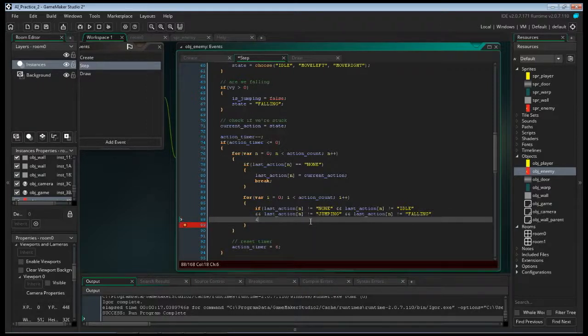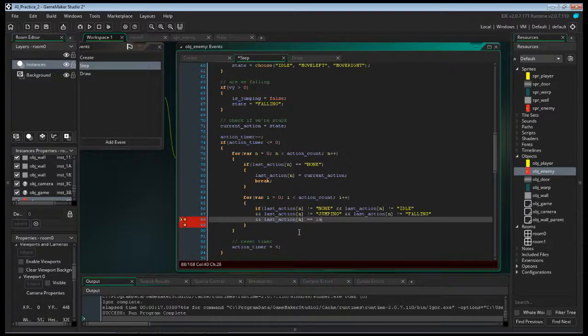All right, enter. I'll do another and. So if we're not doing nothing, if we're not idle, not falling, and not jumping, and so all these have to be true in this case. Well, these would technically have to be not true. And then this one has to check. So now we're going to compare our last action to our other last action. But we can't do n versus n because they would be the same, right? So the way it would see it would be like this. It would say last action